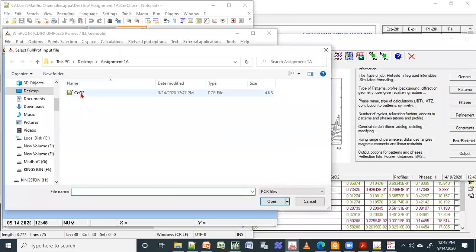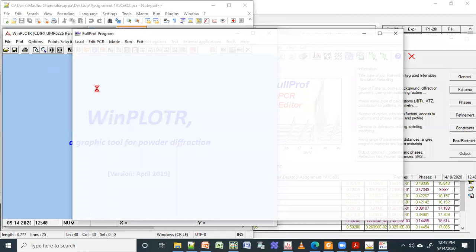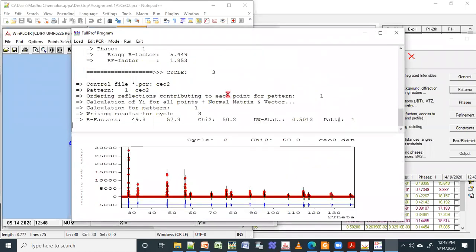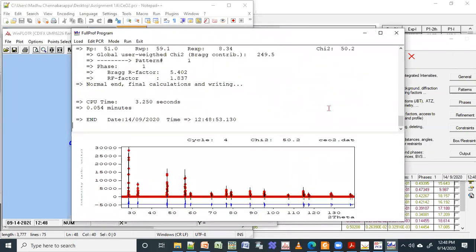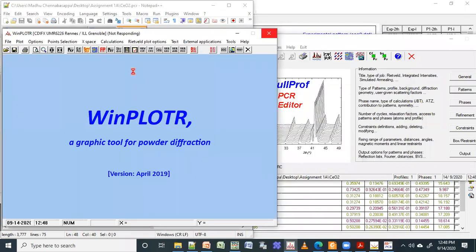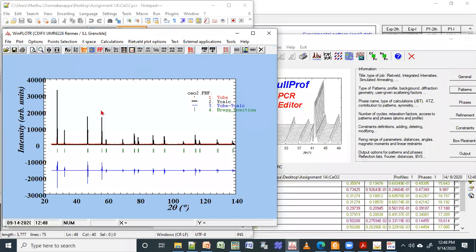Okay, so I will go there and I have to select the first PCR file. Then again, it will ask for data. You can see it is showing the same thing. It is the same thing what you got, but this will be better. I will tell you why. Now you can see it has already plotted something called .prf.